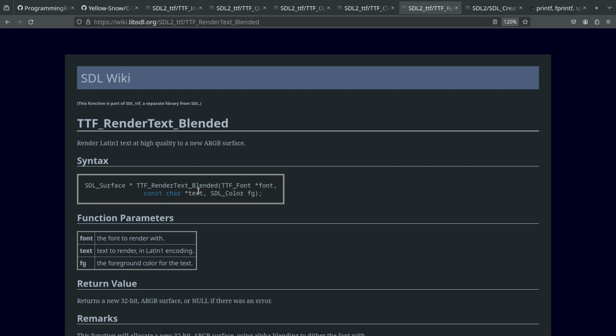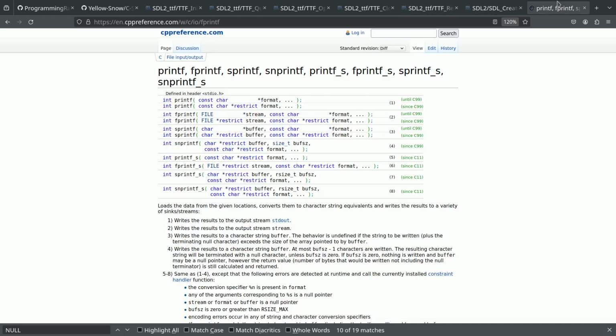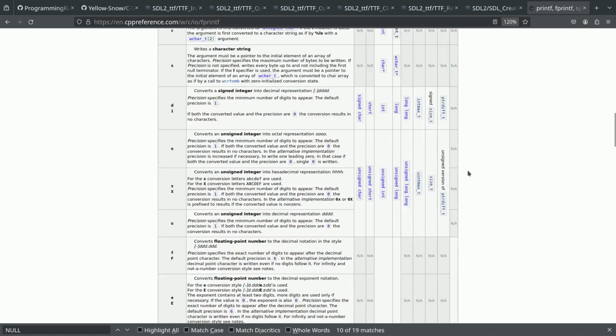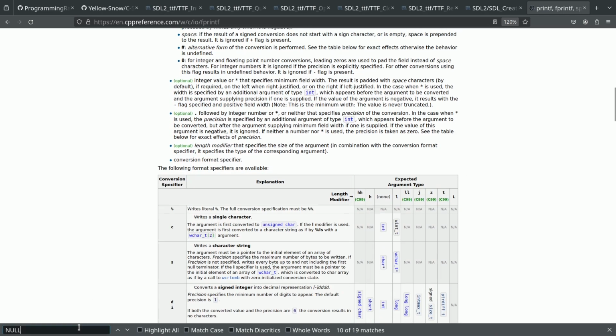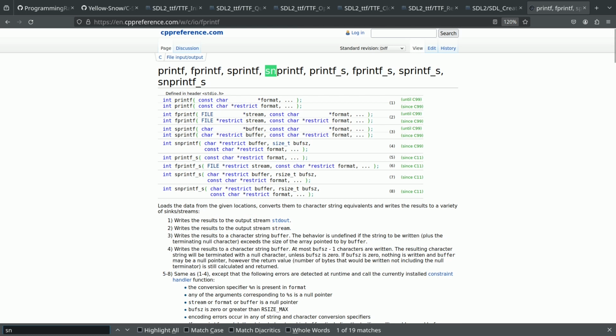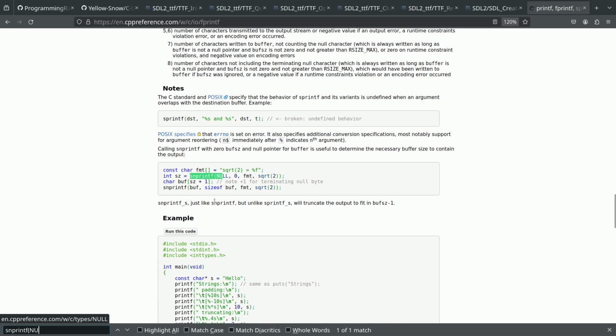Okay, and you can kind of make an array and put like 20 or something like that, but that's kind of where segmentation faults come in, because what if your array exceeds that size? So I prefer to do it dynamically, and what I'm going to do is use snprintf. I'm going to use snprintf right here. I know this page is very white, but down here there's this snprintf, let's say NULL. So if we pass NULL in,